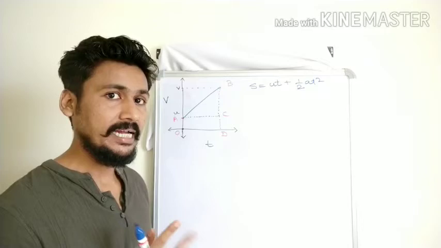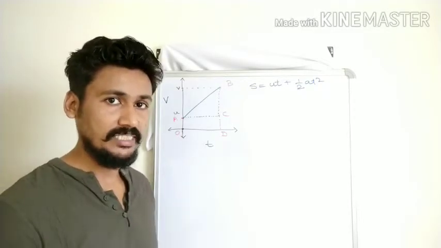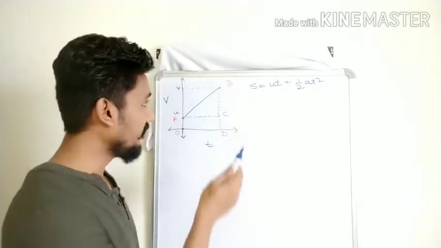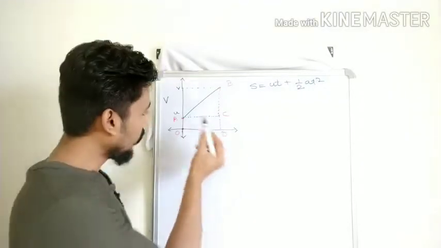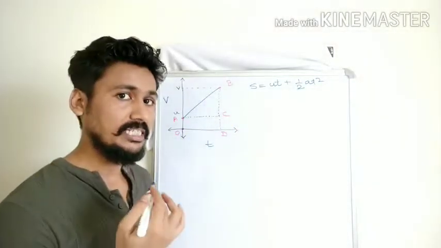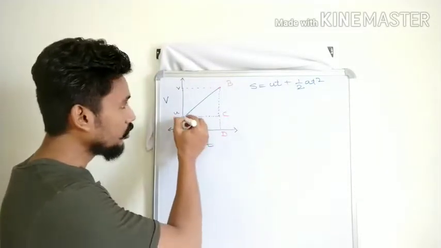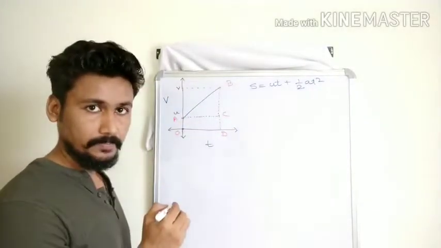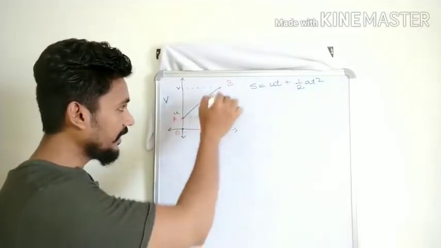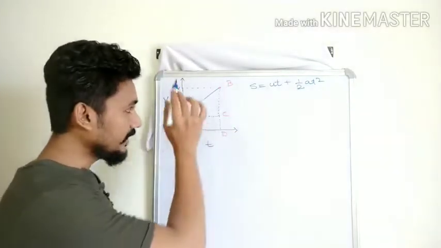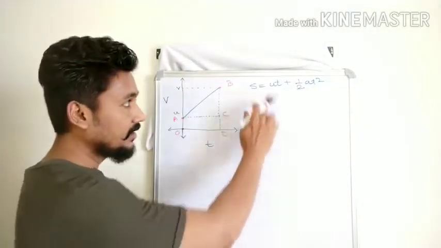For this you have to remember the second thing we learned about the VT graph. The first thing was the slope of the graph gives the acceleration. The second thing we have learned is that the area below the graph gives the distance. So from A to B, if you want to find out how much distance was covered, we have to find out the area below the graph. To find the area, we have made this perpendicular, so you will get a figure ABDO. This is our complete figure, and if we find the area of all this, we will be getting the distance.